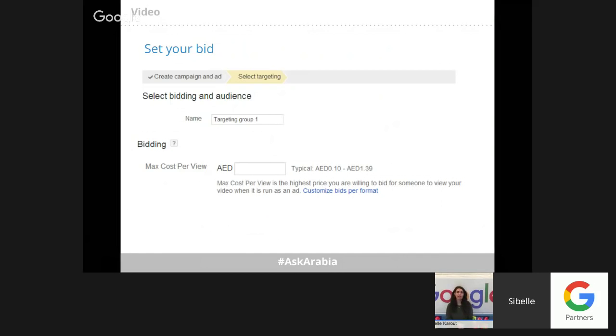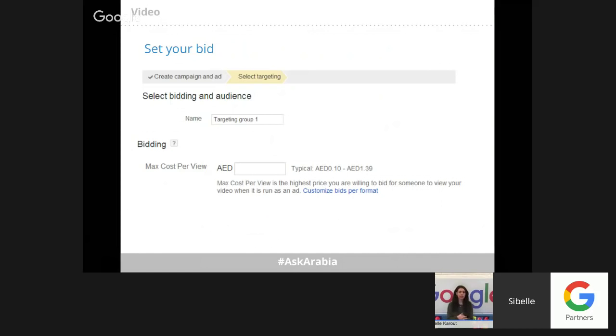You would like, for example, to show your video ad to people that are interested in electronics. So you target people interested in electronics, and your ad will appear to those people when they're watching videos on YouTube. Because they are watching them and our system knows that they're interested in electronics, your ad will appear to them.